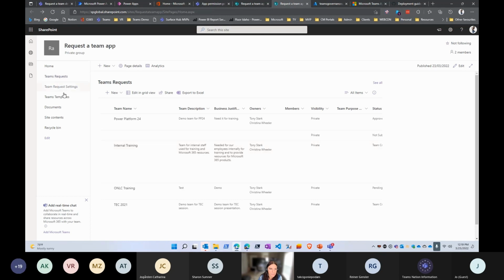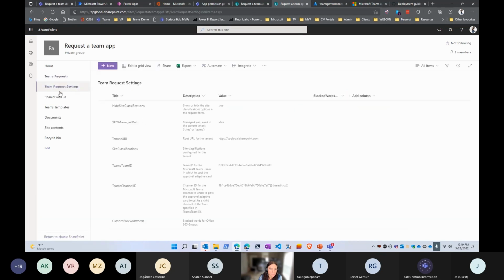Then when you're going through the setup as well, there's another list called team request settings. This is kind of a one and done type of thing. As you're going through the provisioning process, you're going to have to update some parameters here, such as the tenant URL. And this is a demo tenant, so I don't care that you guys are seeing my information here. Teams ID, Teams channel, there's information you're going to have to get and put in here,